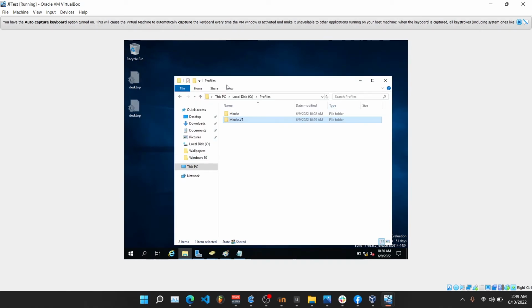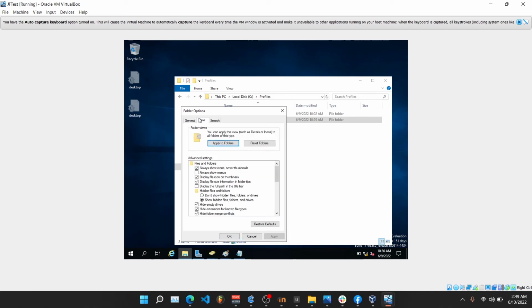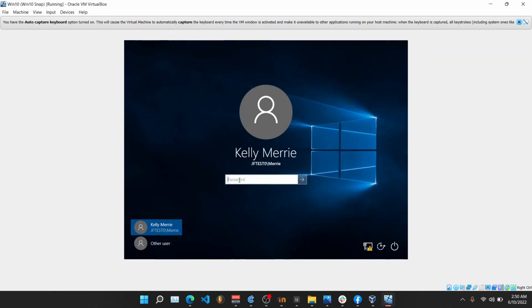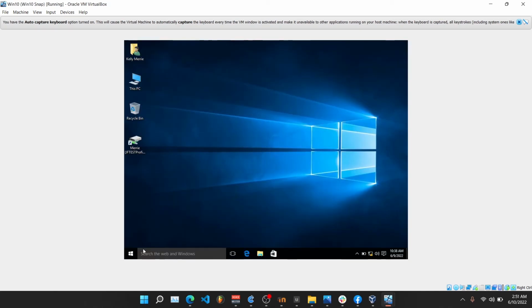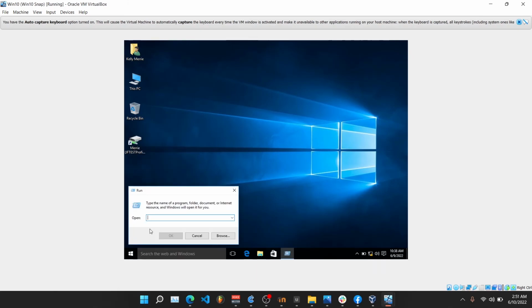Now you can go hide the files, folders and drives. Now we don't need to see them anymore. So just undo the settings in here. Click apply and then OK. After this, you can refer back to the client machine, log on as the user profile once more. So type in the password. From here, you can go into run. So right click on the start logo, go run and type in